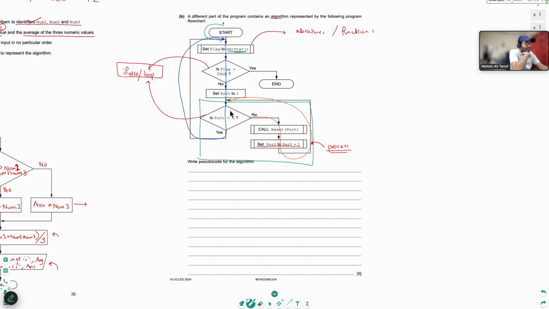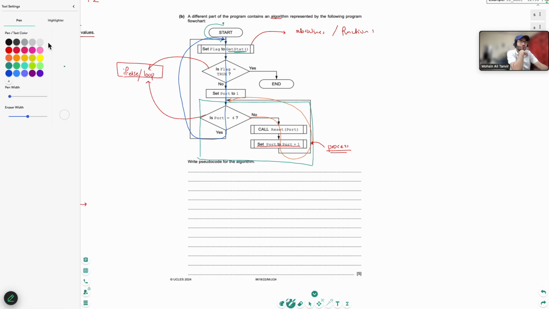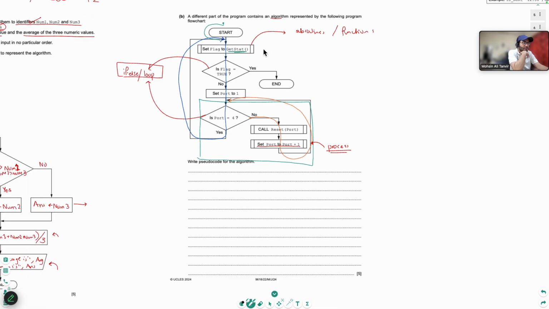Else, which means if that's not the case, it actually calls reset port, and then the port is incremented by 1, and then it goes back. So I can clearly see, if we start solving this, let's start from the beginning. It's calling flag. So it says flag equals